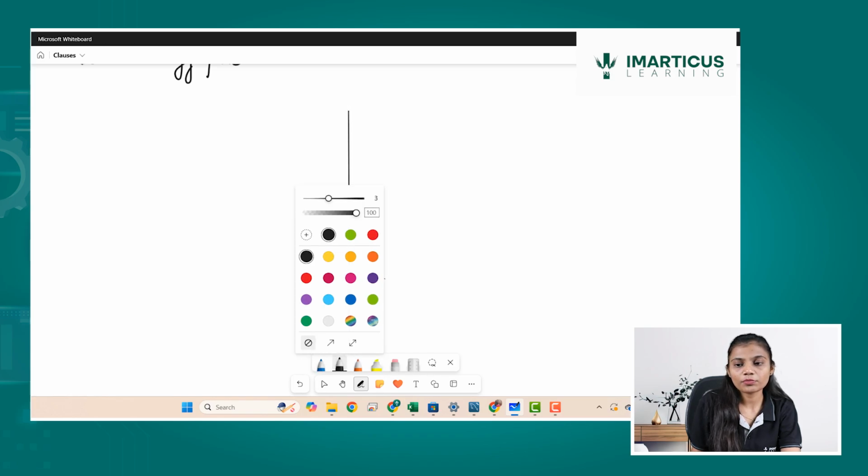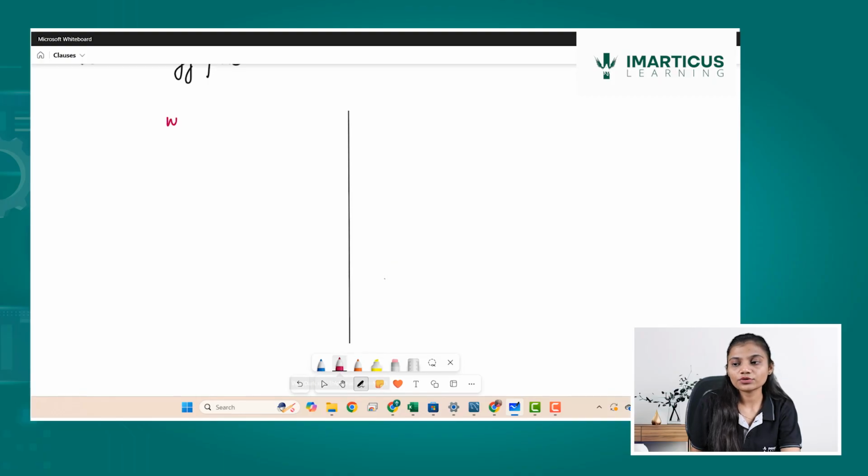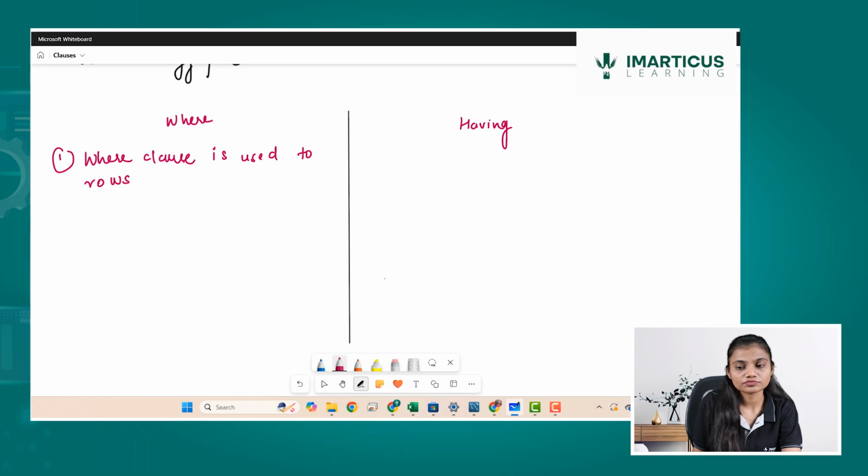First of all, the where clause is used to filter rows or records of the table, which means a normal table which we have.